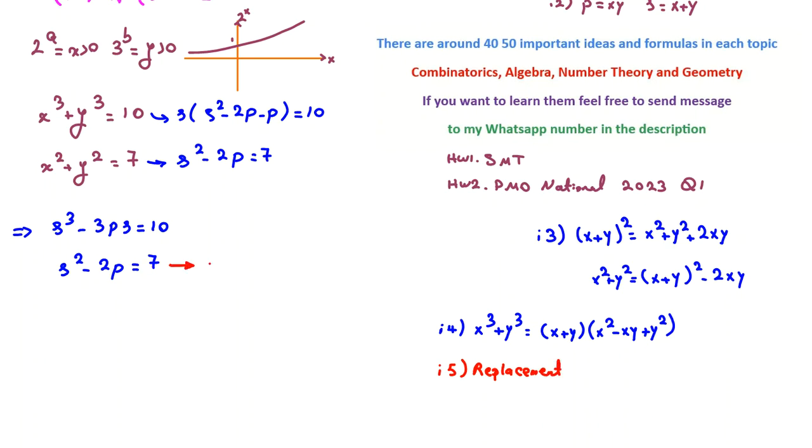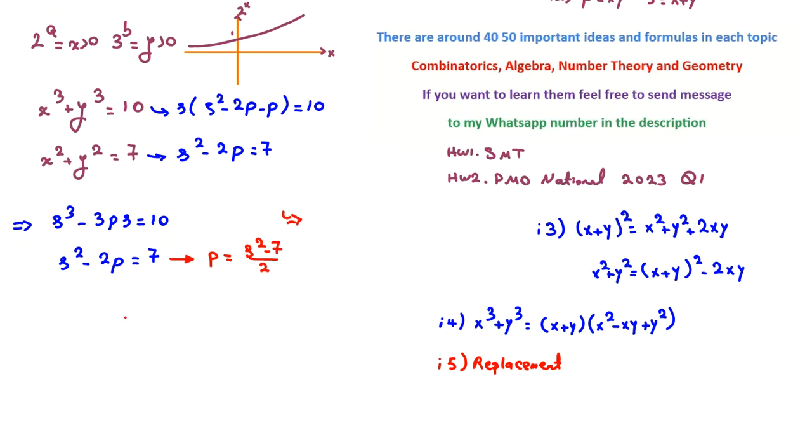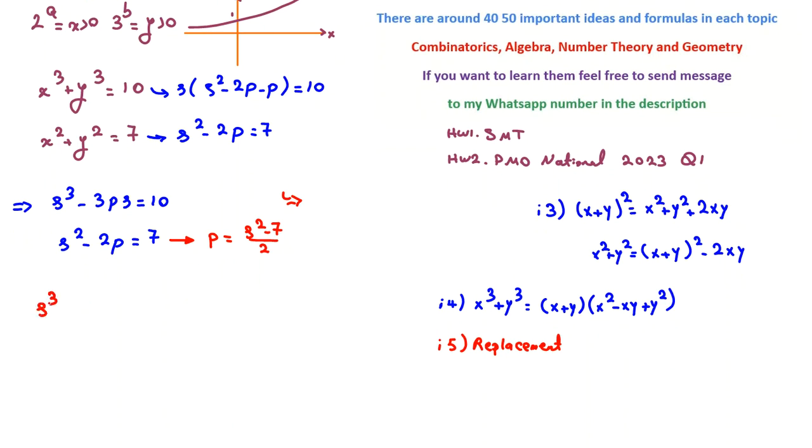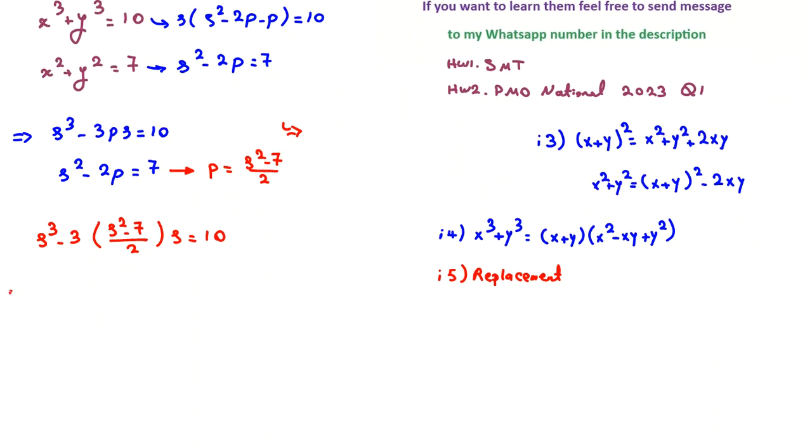And here you say, okay, p equals s squared minus 7 over 2. And then we replace in the first equation. So it will be s cubed minus 3 instead of p, right, (s squared minus 7 over 2) times s equals 10. Now, to get rid of the denominator, we multiply both sides by 2, so it will be 2s cubed